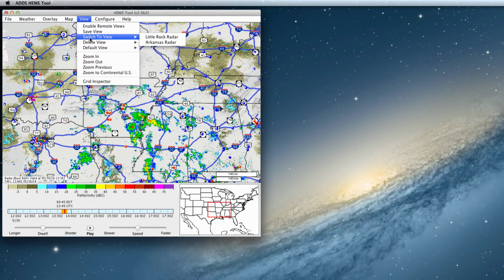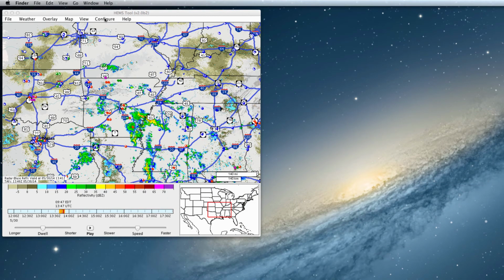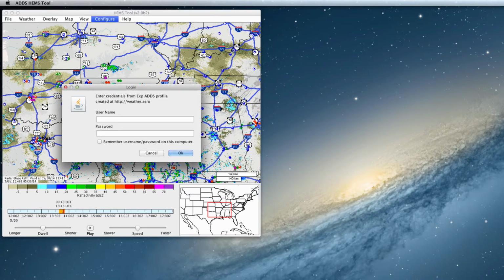Until this time, the HEMS tool saves these views locally on the computer that you're using. Now the HEMS tool has the ability to save these views remotely as part of your Ads user account. If you don't have an Ads user account, you can create one here at weather.arrow. Click the blue Register Now button. To set up remote views, click on Configure, Remote Views, enter the credentials for your Ads user account,